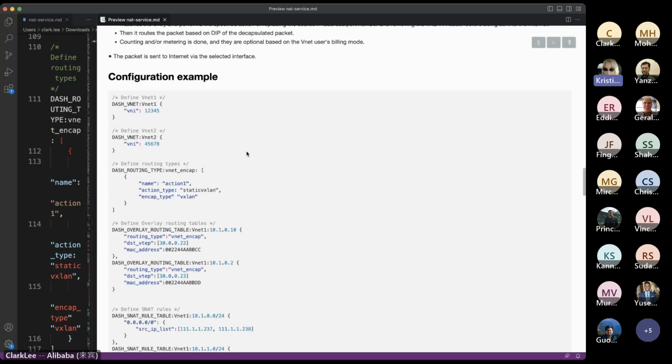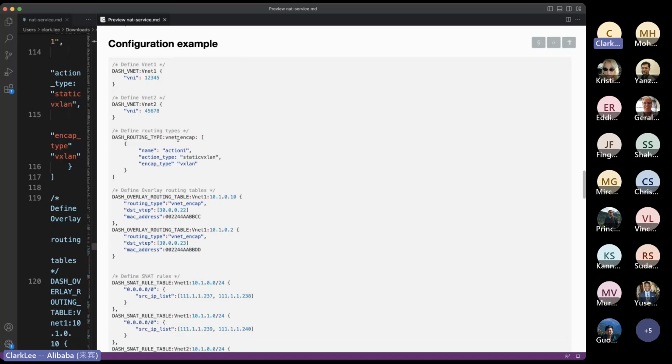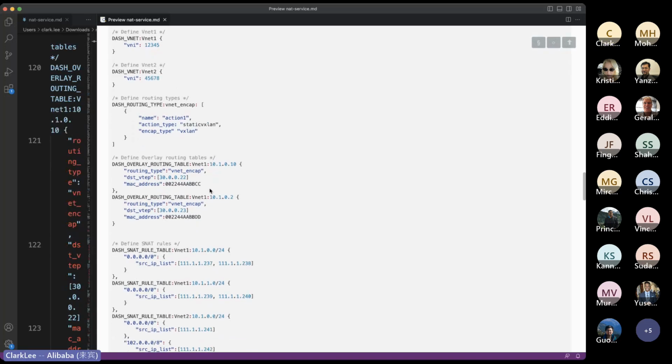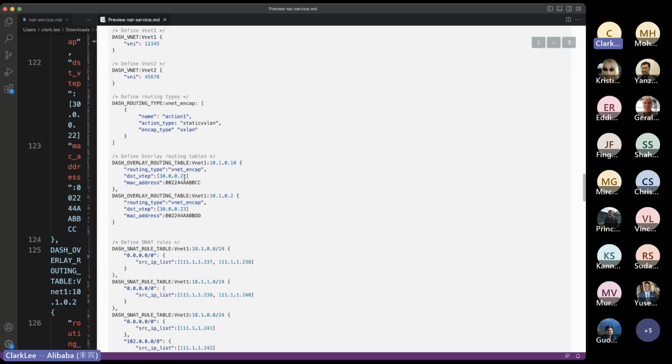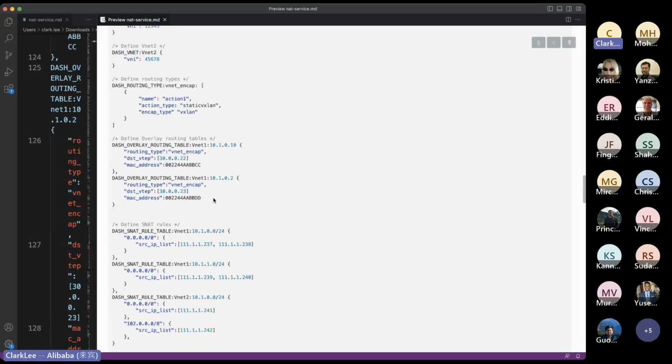There's some table definition. For example, we have two VNATs, VNAT1 and VNAT2, and we define the VNAT encapsulation as static VXLAN. Then we describe some overlay routing table here. The routing type is to encapsulate this VXLAN header, and this one is